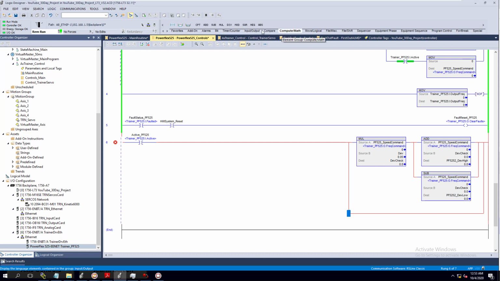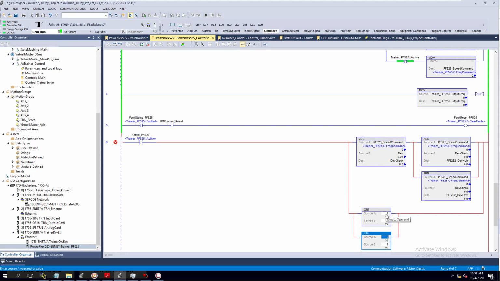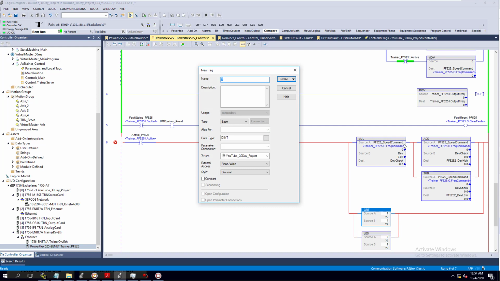If you come in here and use some compares, we would do greater, and then we would obviously do less than. You could argue that you could use a limiter or something like that, but it's almost better to do it this way. And then we would grab our Powerflex right here. As you know, I'd like to still keep this as, let's just call this the actual Powerflex output, so we'll call this output